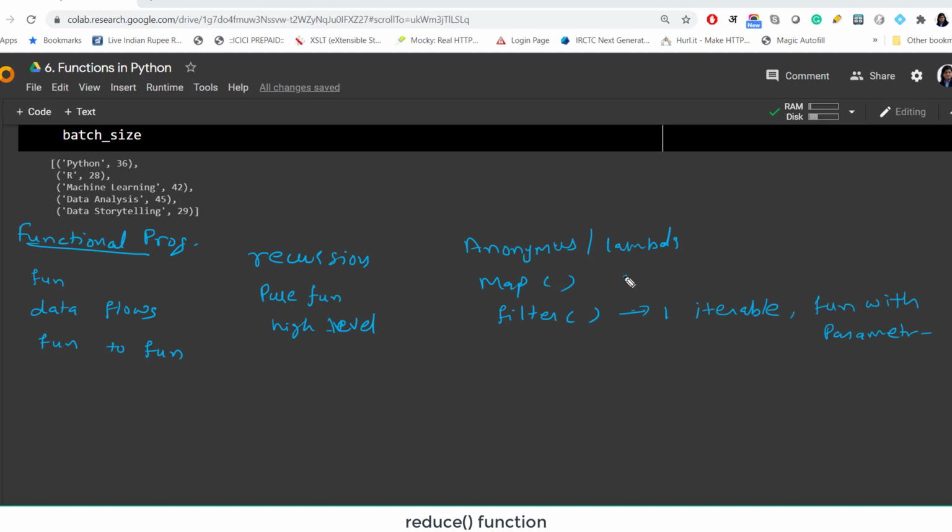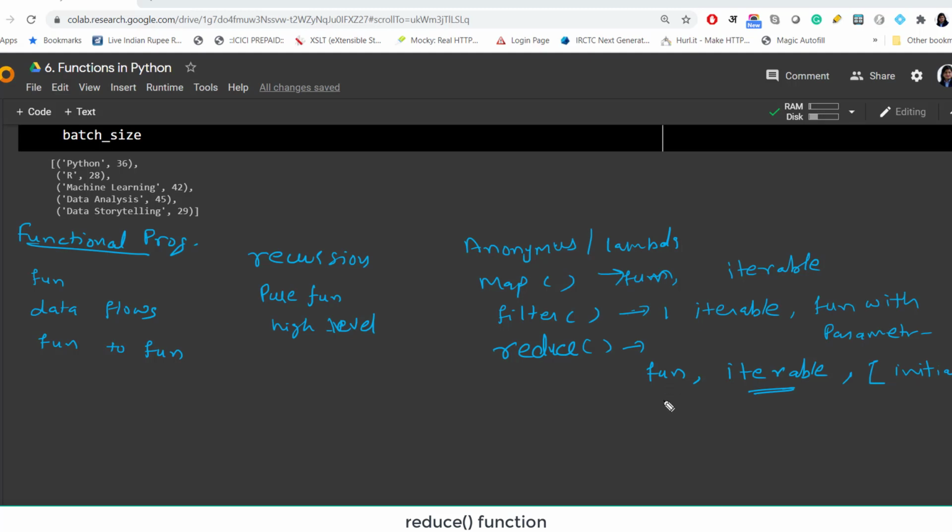In map, we can have one function, or maybe any callable, and one iterable or maybe multiple iterables. So this we have discussed. In this particular tutorial, we have talked about the reduce function. The reduce function works on a function or any callable, and an iterable. These are the arguments which we need to give, right? And of course, we can give an additional argument, which is the initializer. The iterable should be there. If we don't provide any iterable, probably it will throw some error. You can run this code and check this.